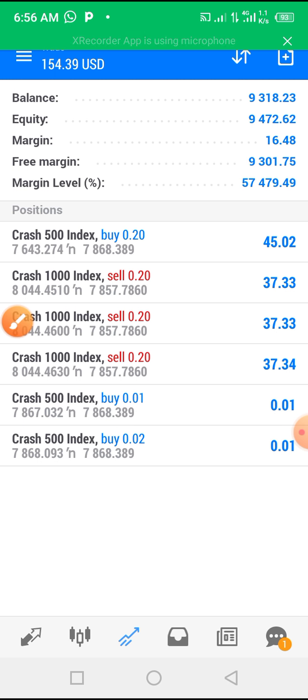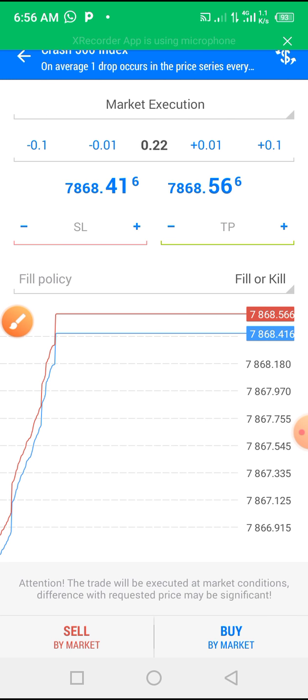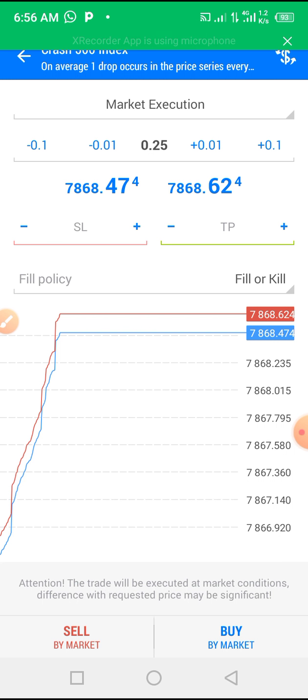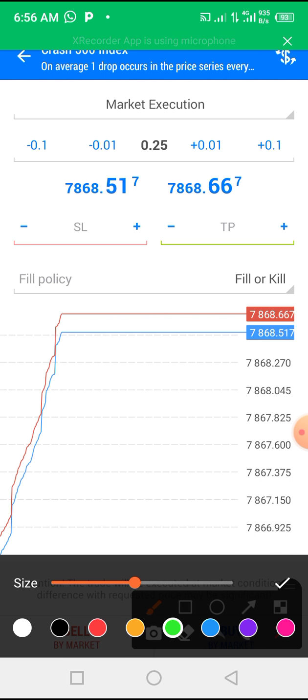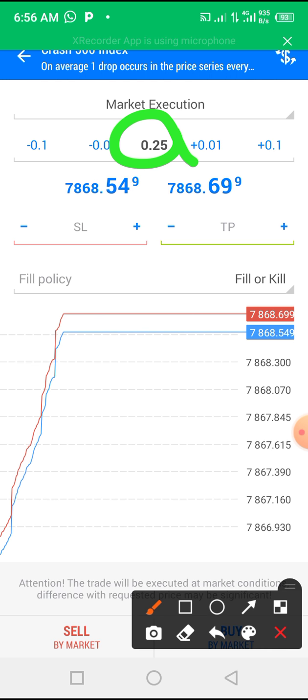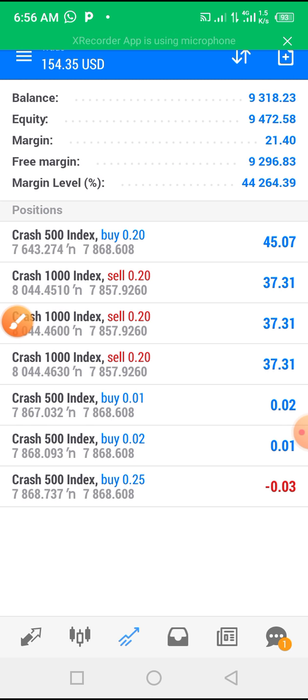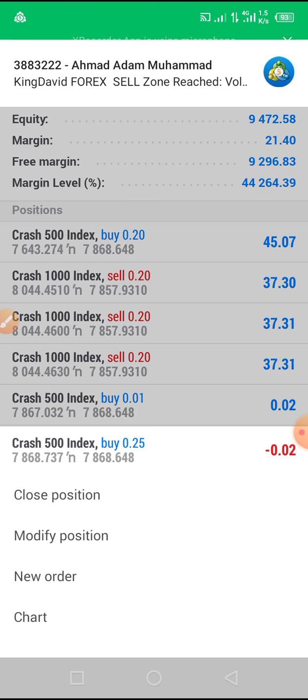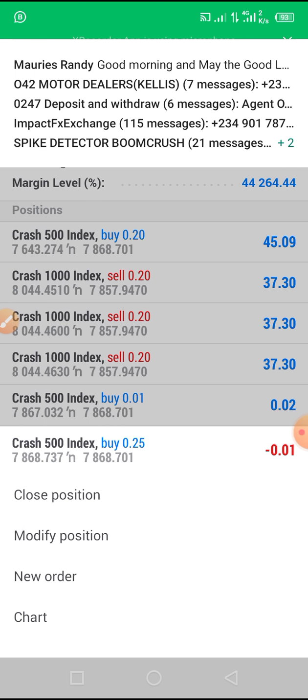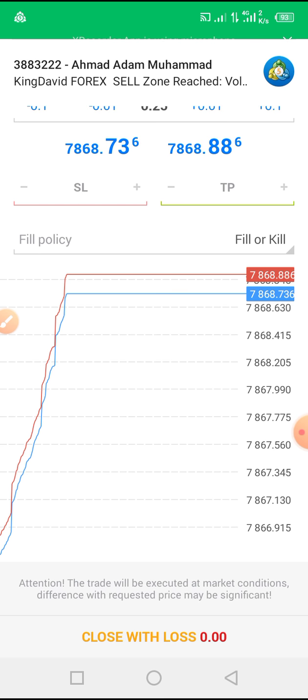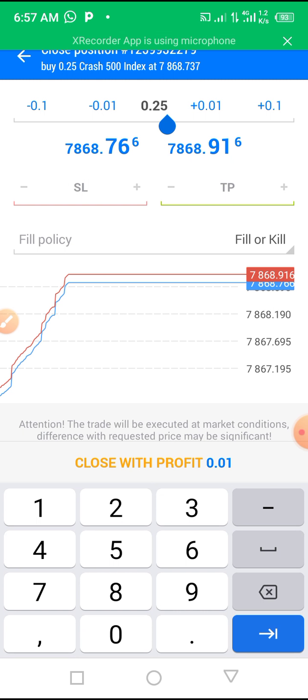Likewise, if you want to do 0.05, what are you supposed to do? You go and increase your lot size to 0.25. You see, I just increase the lot to 0.25. Then I execute the order. Then you come to the order, press and hold, click on close position, then remove that 5.